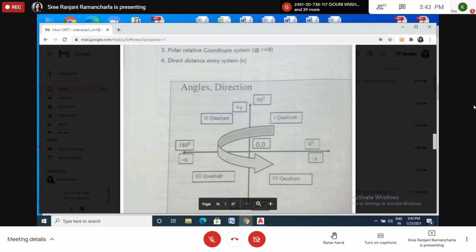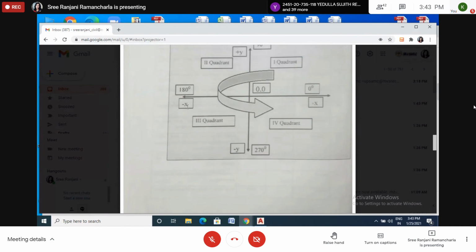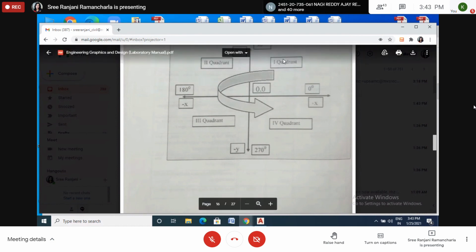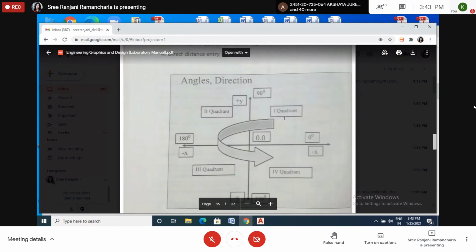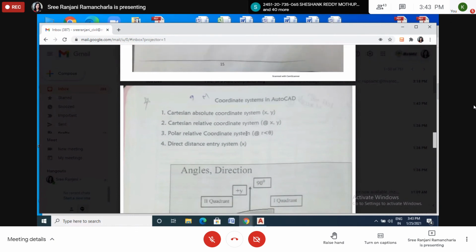And the third quadrant, minus x minus y, that is 180 degrees to 270. And this is the fourth quadrant, 270 degrees to 360. Okay, so this is x comma minus y. I think you know everything. So this one also you have to write it. No need to draw this arrow mark. This should be in one page. Is it clear? Clear, all of you? Yes, ma'am.